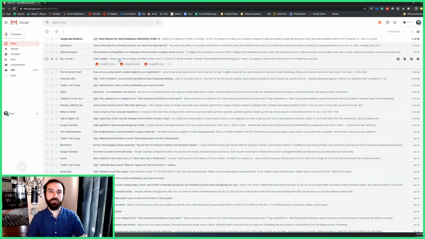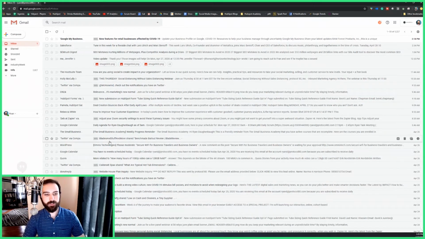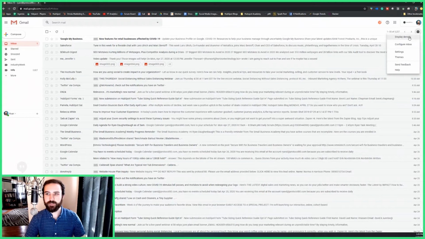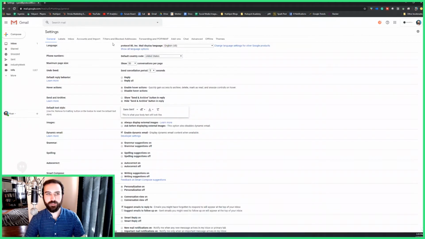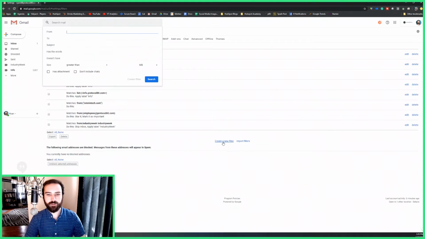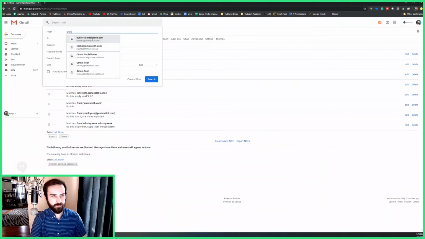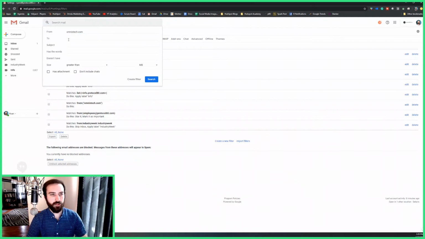Now another way you could use labels is to draw attention, so it's almost the opposite if you want to highlight certain things in your inbox. So if I want to highlight everything that says Omnis Technologies, this is what I would do. Similar things, I'd go to settings, filters, create a new filter from omnistech.com, and then has the words Omnis Technologies. I'm going to create the filter,